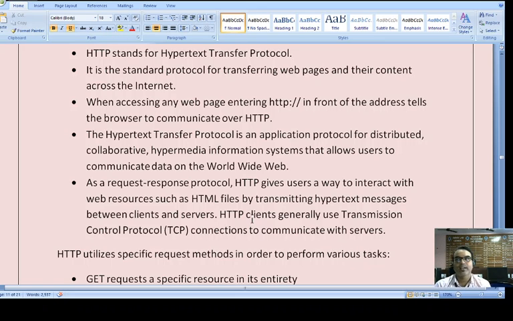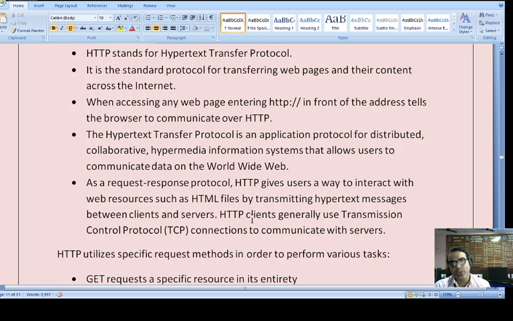If we can connect web pages on different servers under a single DNS, then the protocol makes sure the distributed hypermedia is collaborated and communicated on the World Wide Web.